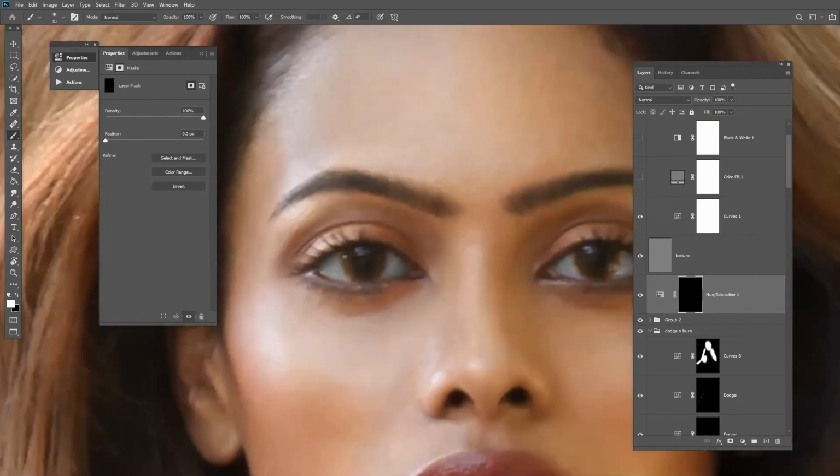And just mask it a little so the edges blend well. Around 3, no, 5 will be fine.